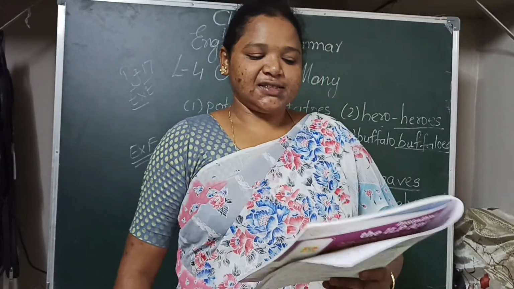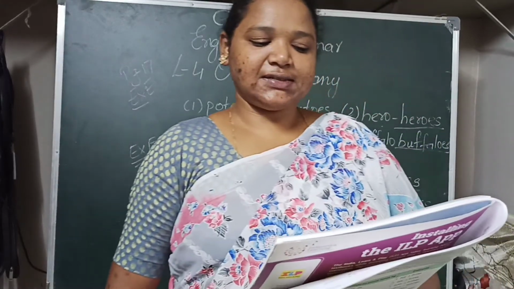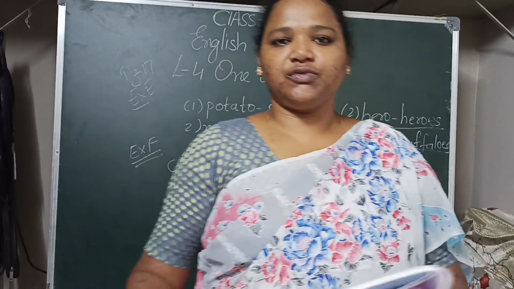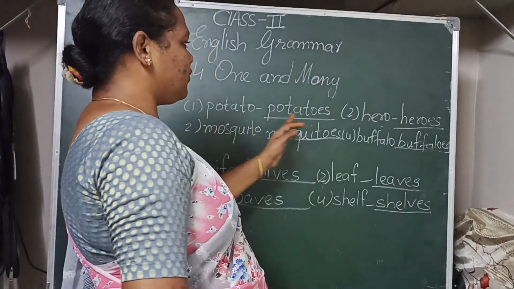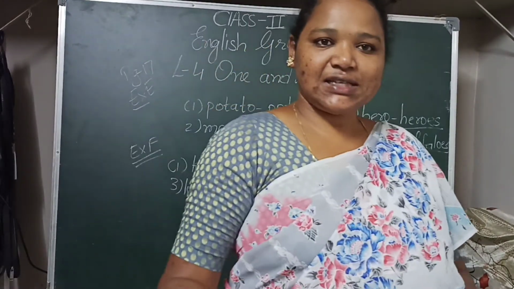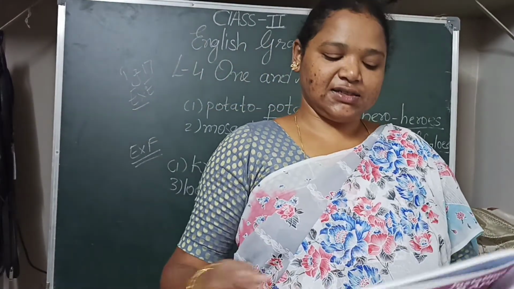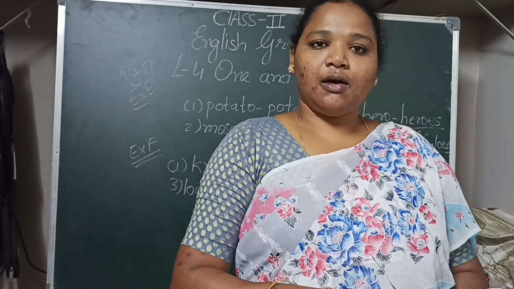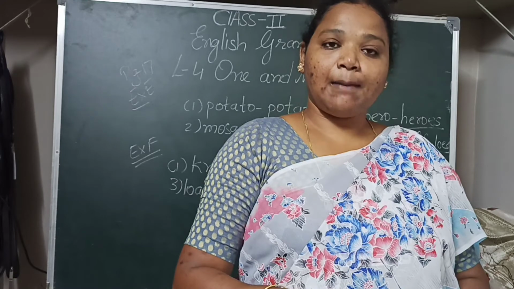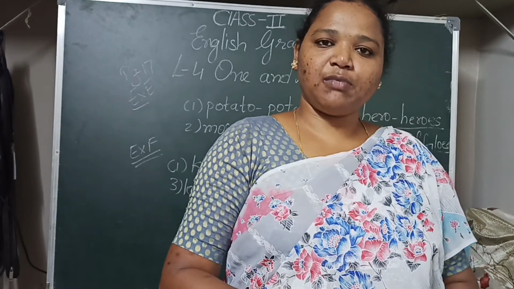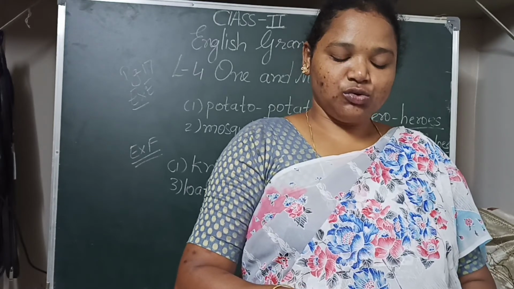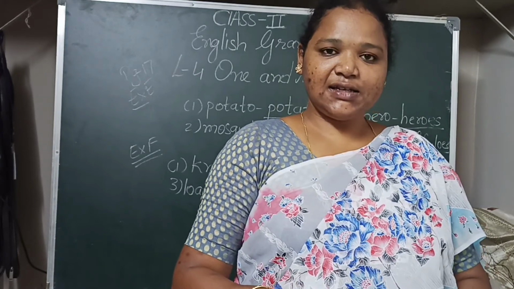Some nouns change spelling completely in their plural form. In most nouns we write the plural forms by adding es or ves like that. But in some nouns the spelling completely changes. For example, man, men. Mouse, mice. Mice is the plural form of mouse. Tooth, teeth. Foot, feet. Goose, geese. Child, children.